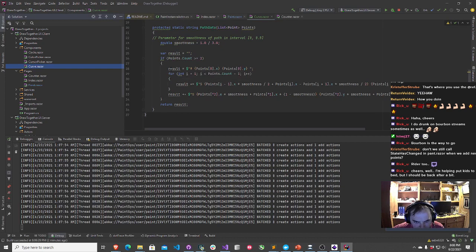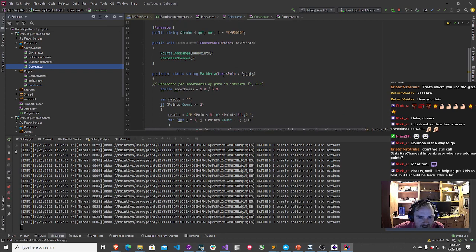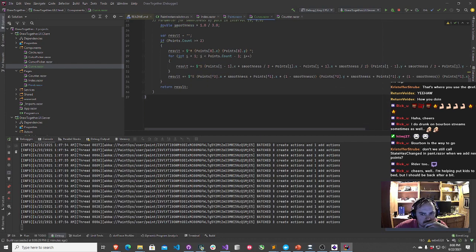This can be computed iteratively, can't it? Rather than having to recompute the entire curve over and over again, we could, in theory, compute this based on just the new points that we've added. From a functional programming point of view, this would be like currying to some extent. Do you think that's something we could do to modify this function to help improve render performance? Is that the path data, or would that not affect path data at all, if we're only computing the delta versus recomputing the entire thing? Christopher, do you think that would help at all?